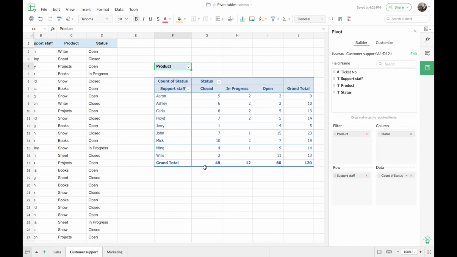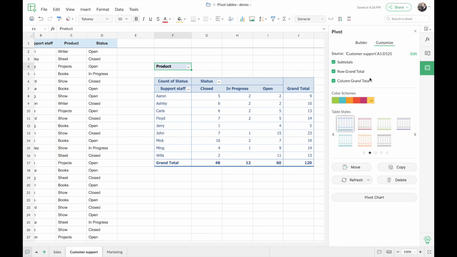And as I had previously mentioned, you can see there's a grand total column here at the right. So we have 3 columns of numerical values given, and then you have a grand total column at the right. So you can even choose to hide this grand total column using this option here on the right.